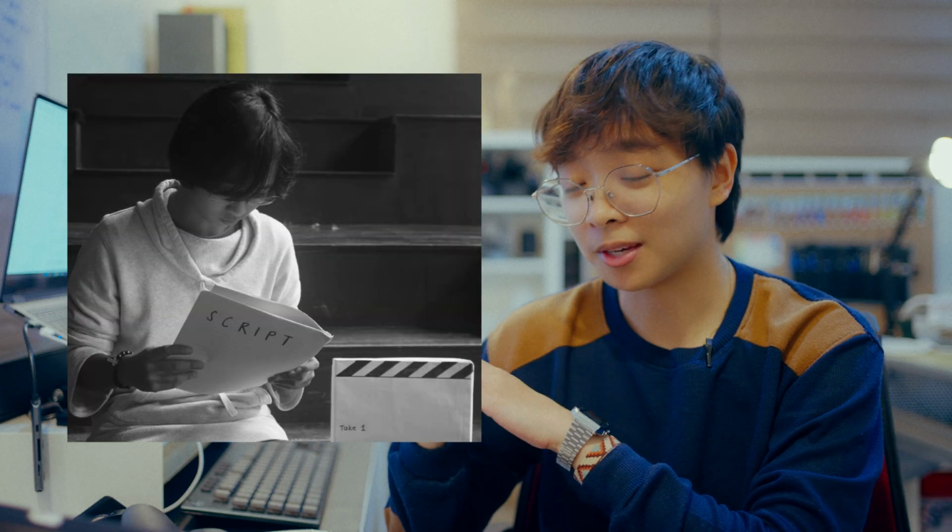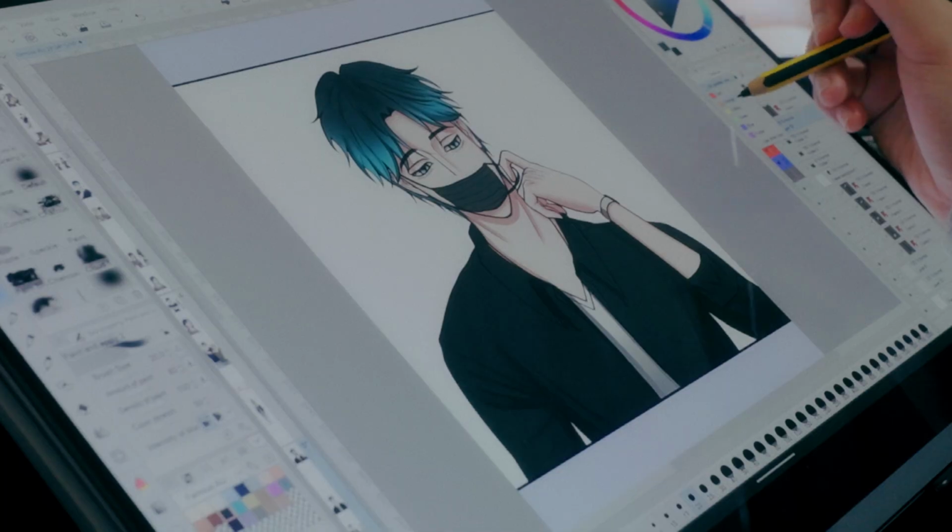This was a photo of me back in high school. Yes, I had big dreams of becoming a director and making films, but fast forward to many years later, here we are making webtoons. Now that I think about it, being a webtoon creator isn't that far from being a director. So it's like your actors are your characters, your set design is your 3D model, and your camera shots